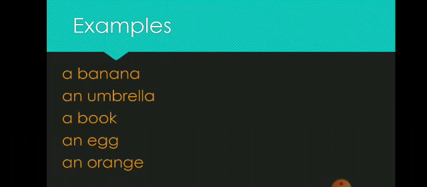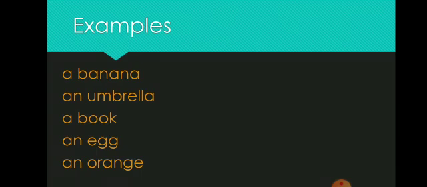Now the second example, umbrella, that is an umbrella. Again a singular object, singular noun, but the word begins with u, and that creates a vowel sound, like a, e, i, o, u. U is a vowel sound. That's why we put an before that noun: an umbrella. Means a banana, b consonant, then u vowel sound, that's why an umbrella. A banana, an umbrella.